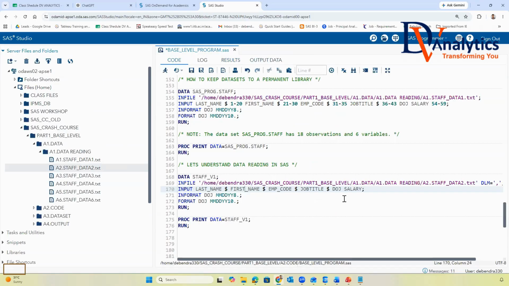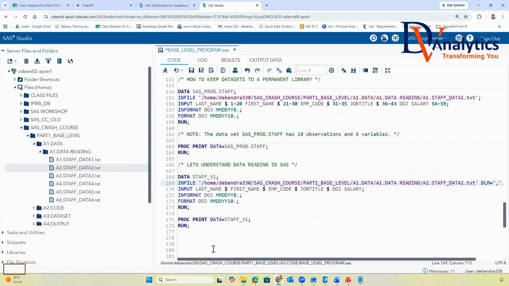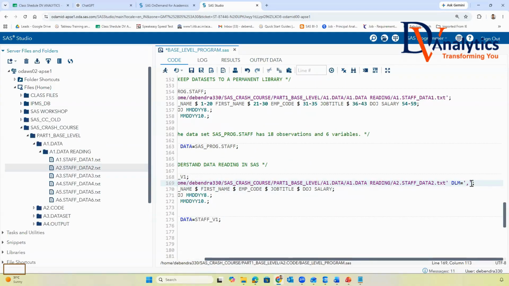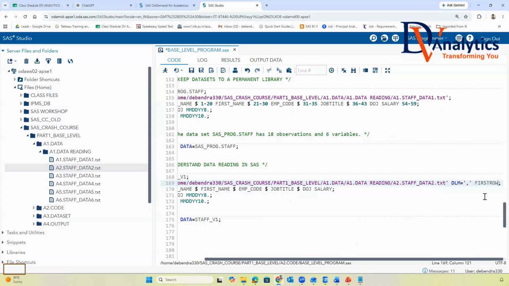While reading this data, you want to define that you want to read the data from the first line up. You want to miss the first line. So you will say first row is equal to 2.